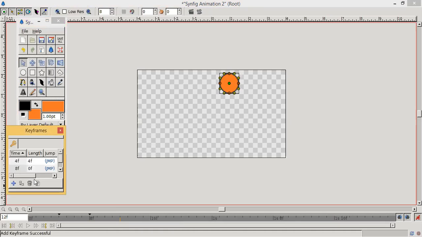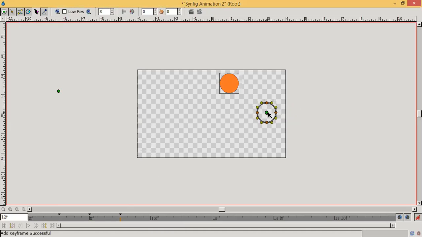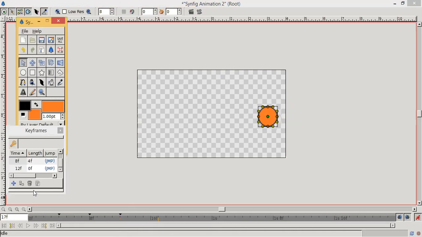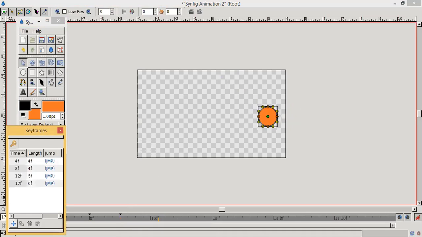Again add the keyframe. Now it will be on 12 frame. Now it will be here. We will increase the size of the circle. Again add.